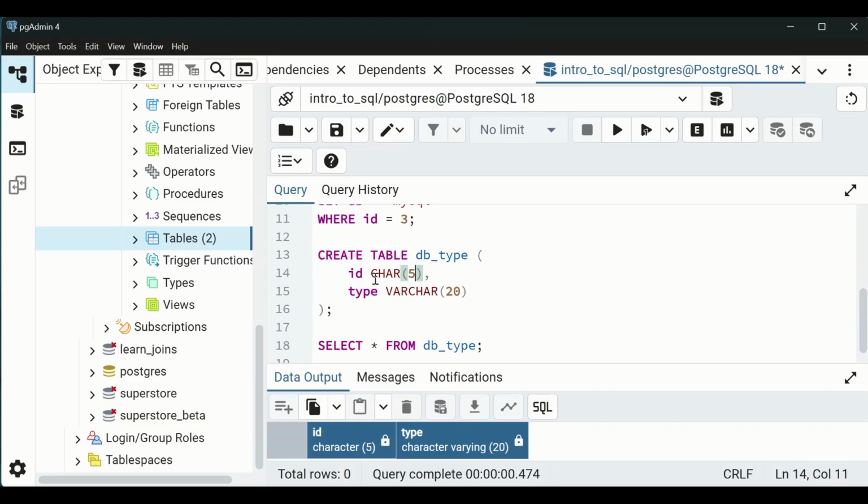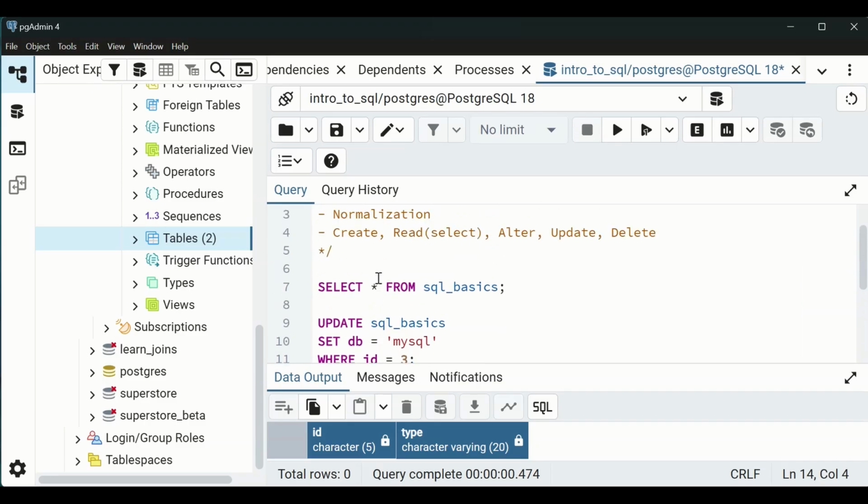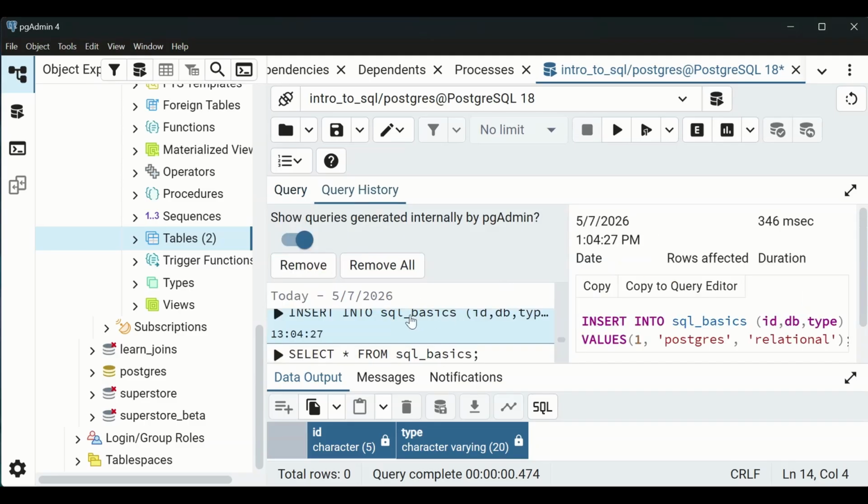Now, your column names also take a blue type, the same as your table name. But you say, no, this is not taking the same color as this. The reason that is different is because these are also keywords, even though they are acting as column names. For example, if I add something else now, you see it changes to blue. Because those words are somehow reserved words in pgAdmin, even though it still lets us use them, it is showing that way. If we go to our query history and we look for our create,